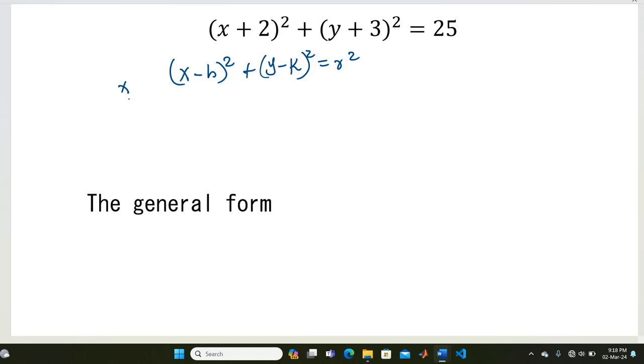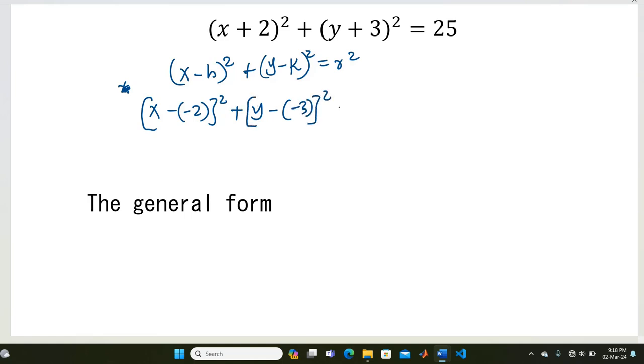So what does that mean? I'll have my x minus negative 2, then everything squared, plus y minus negative 3,